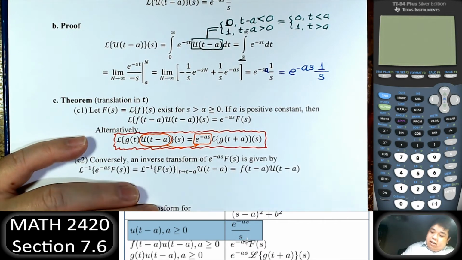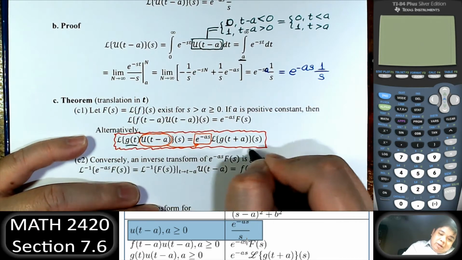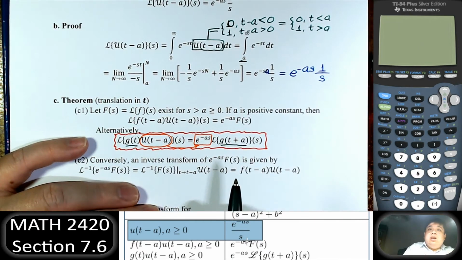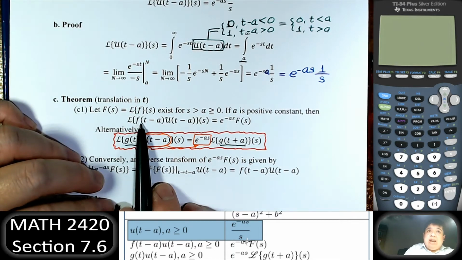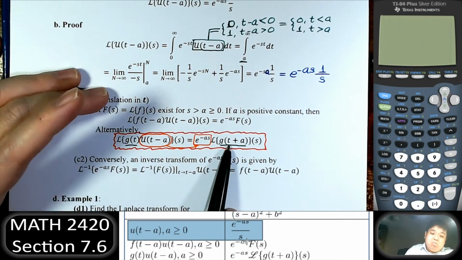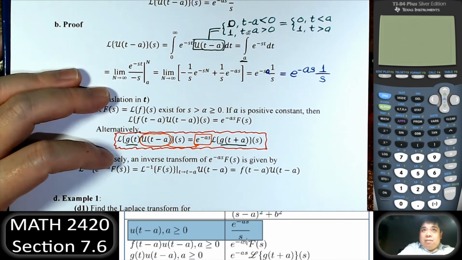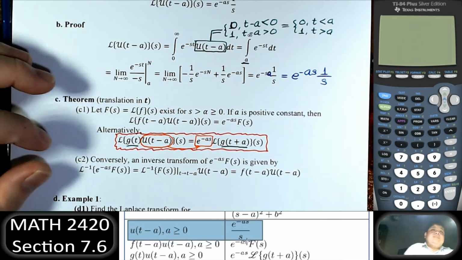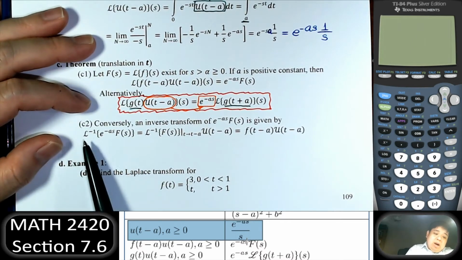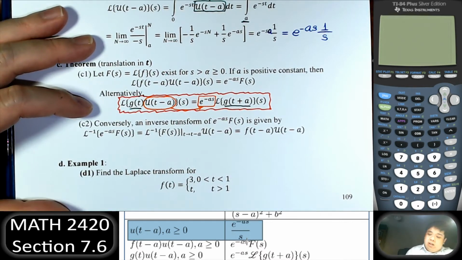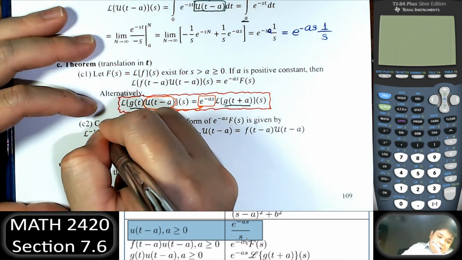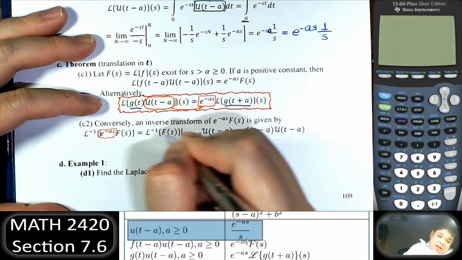And then second, g of t becomes g of t plus 8. You will see that g of t plus 8 is a lot easier than finding f of t minus 8. It will be much better using this instead. We'll see. And conversely, when we do the Laplace transform of this, first thing, every time we see the e to negative as,